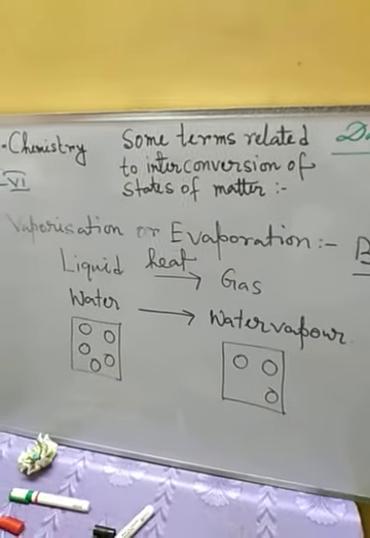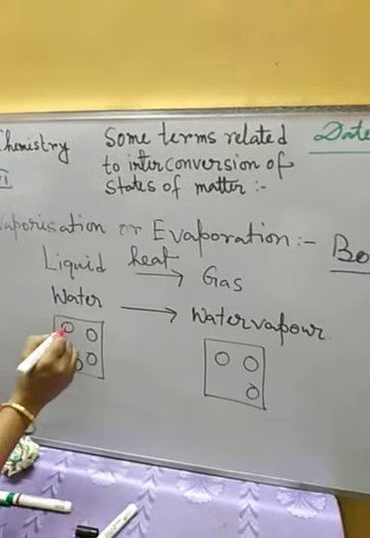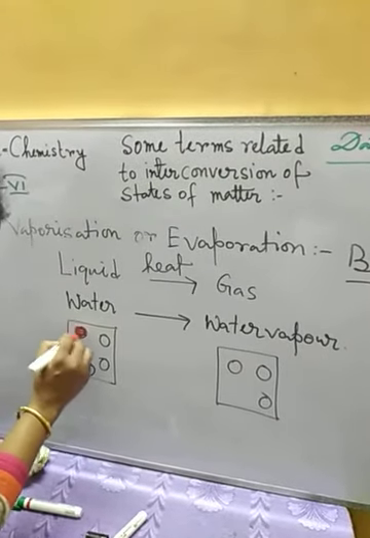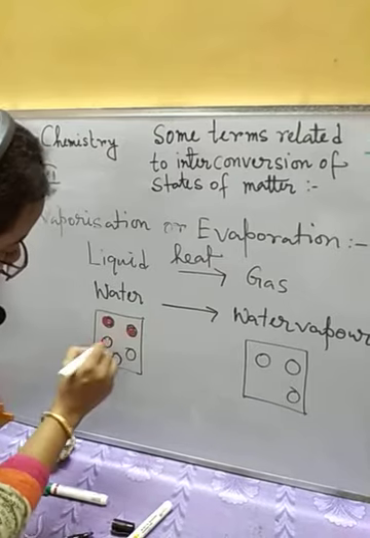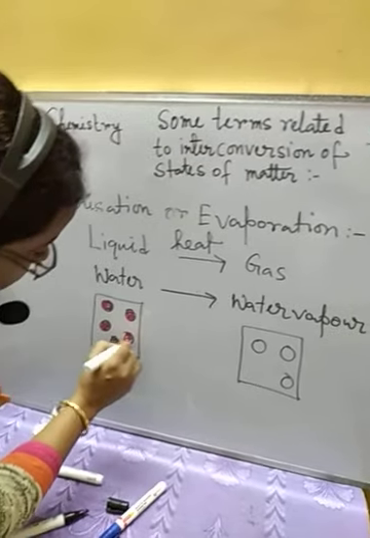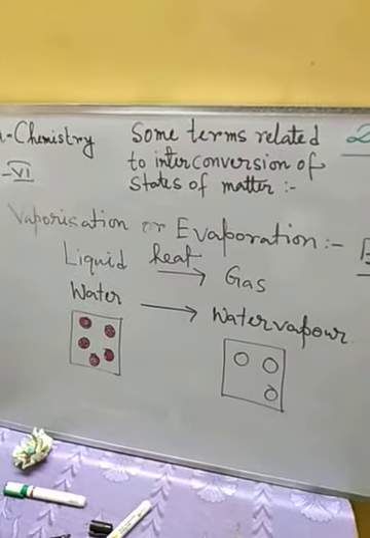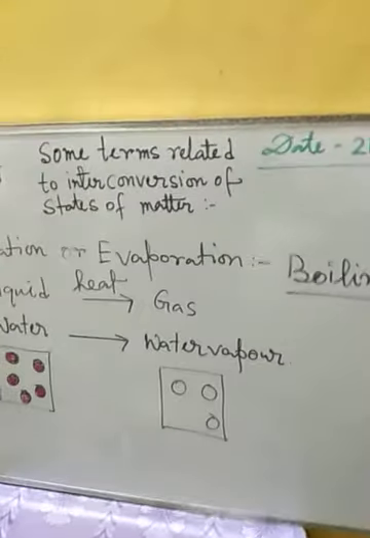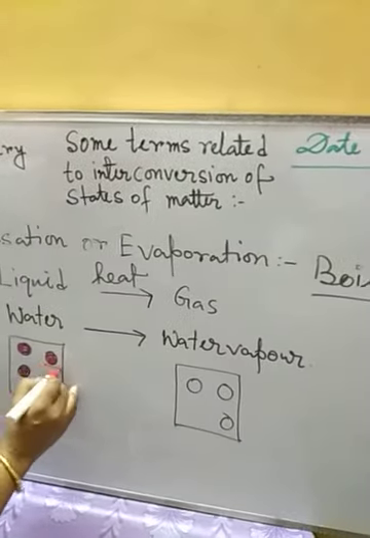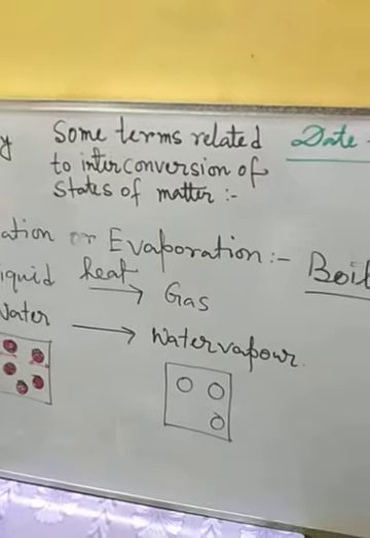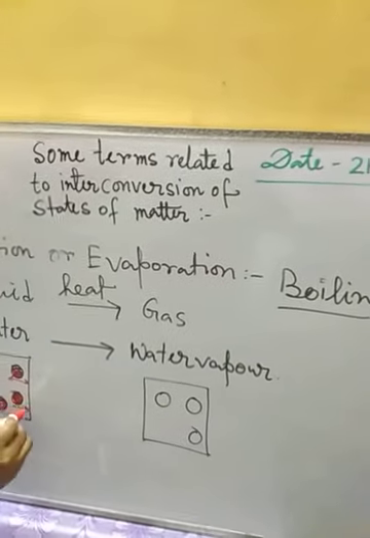So when we are applying heat on water, the water particles, the molecules absorb heat. In the same manner, they absorb heat and get heated. All the particles get heated and their energy increases. Their kinetic energy increases, and because of this increased kinetic energy, their movement will increase and they will move in every possible direction. And because of this motion, the intermolecular space between them will increase and they become water